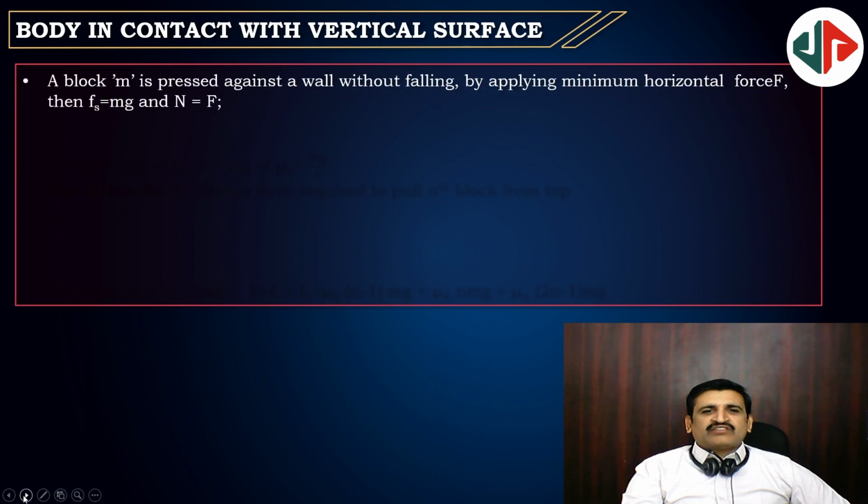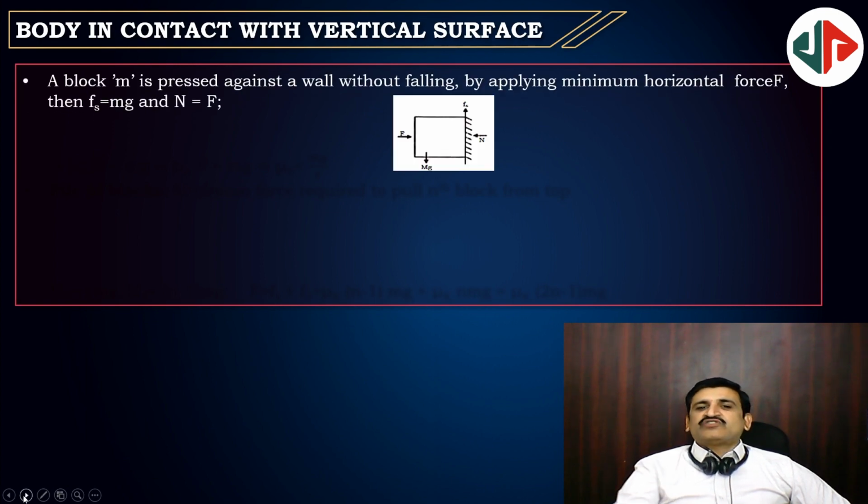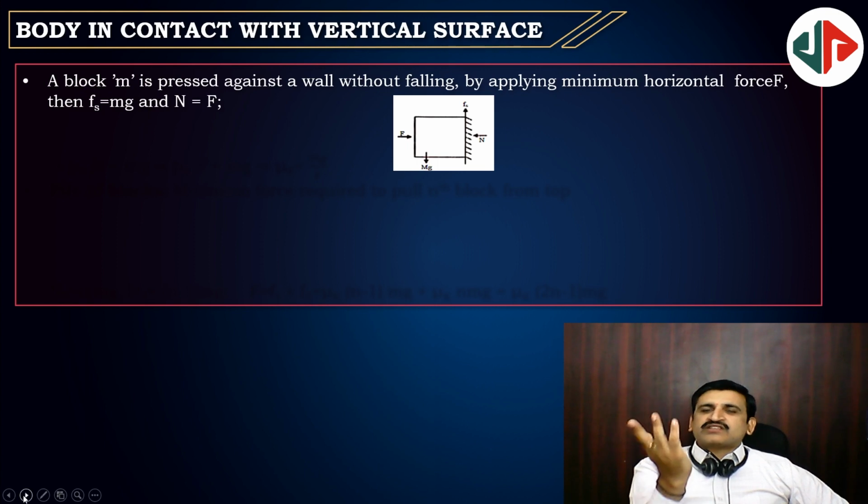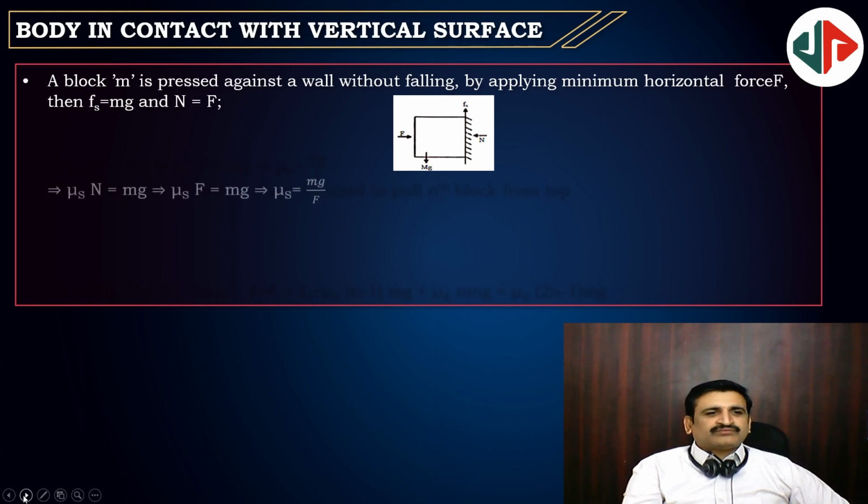Body in contact with a vertical surface, that concept only, this one. See here, with whatever force you are pressing the body, that much normal reaction force will come, and mg is acting down, so the tendency of the body is downwards, right? Tendency of motion of the body is downwards, so friction will be upwards. The friction is always in the direction opposite to the motion tendency, remember. Next,